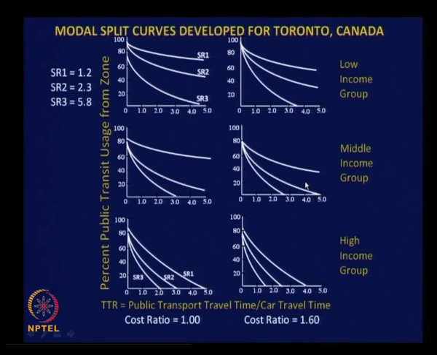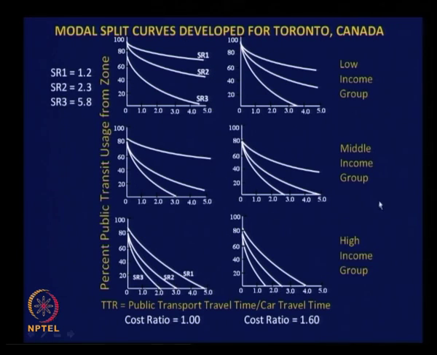And similarly, in the case of low income group, if the travel time ratio is 4 for a cost ratio of 1.6, what will happen? Nobody will make use of the category of vehicles with SR3 here also. They will choose only service with SR2 or SR1. There are extreme cases. So that is also reflecting the reality,